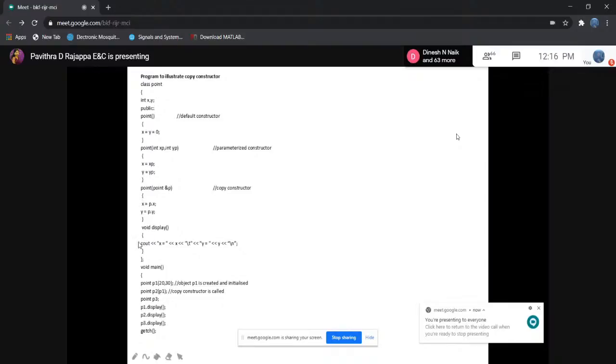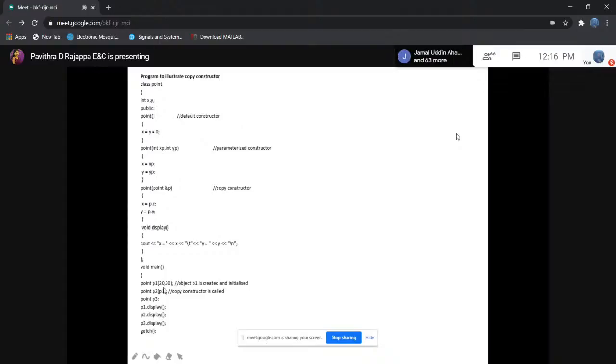Okay. Then we have another member function to display the x and y values. Then in the main function, I am using this. Point is the name of the class. P1 is the object of the class, and it is passing the values 20 and 30 to the parameterized constructor, because the parameterized constructor accepts the parameters.